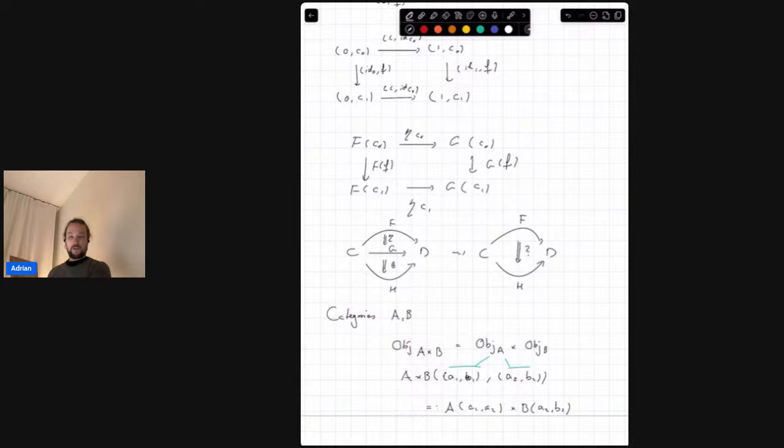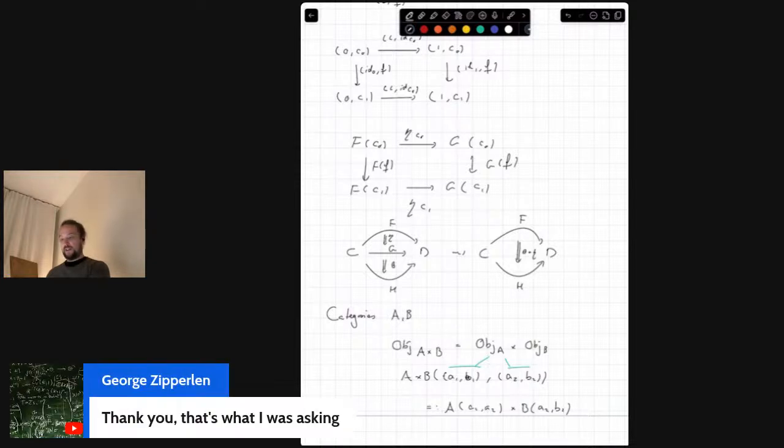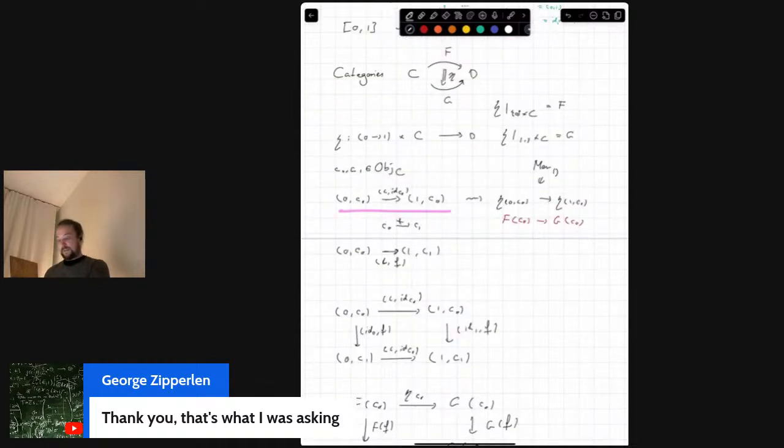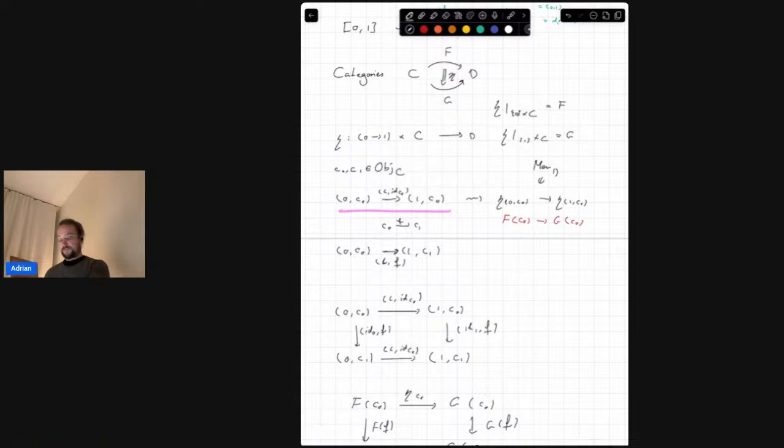So let's see if this is what is asked for. Well, let me just answer this question, and then we'll see whether this is what George wanted to know. The answer is yes. You can compose these two natural transformations to get a new natural transformation, and you get them basically the way you would think. The way you do it is you